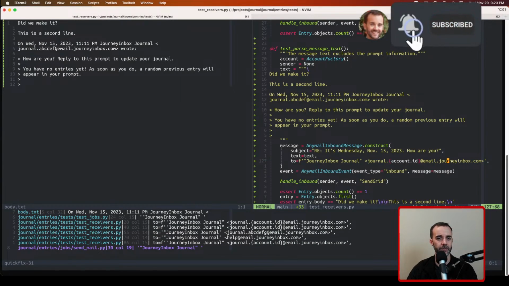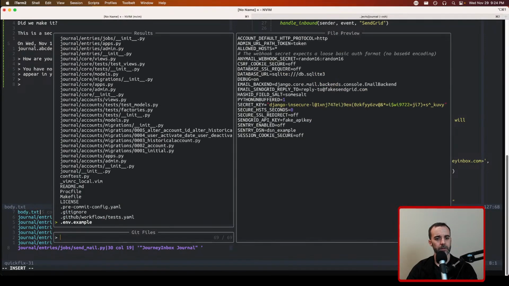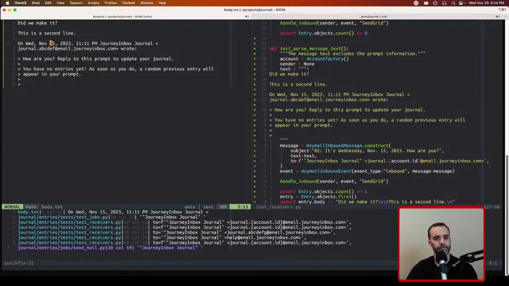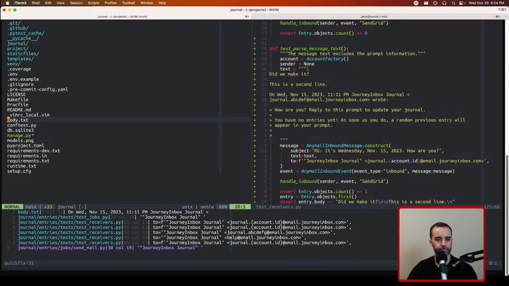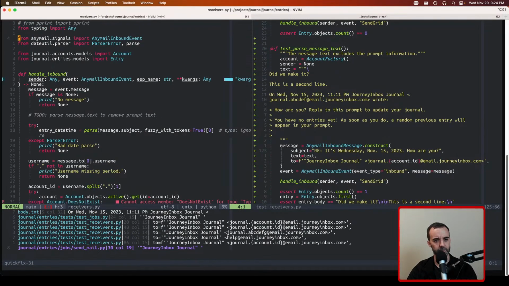So what is it we want to check for? Actually, let me, sorry. Now that we have this thing all preserved in here in this test, I think we can throw this away. I'm going to delete that file. And then let's bring up the actual receiver file. And we'll have this. And we want to